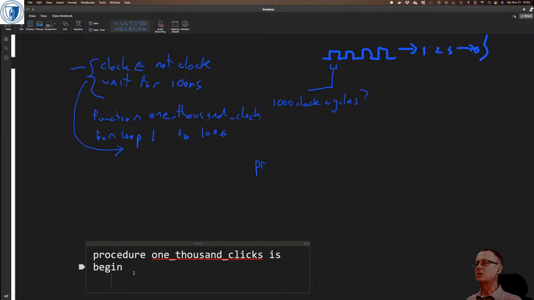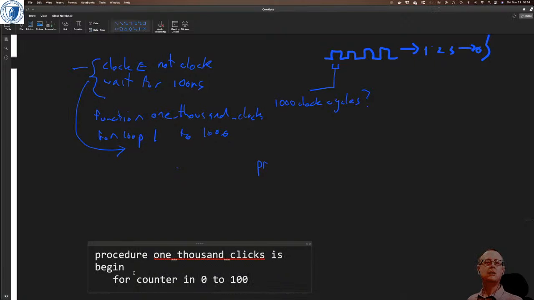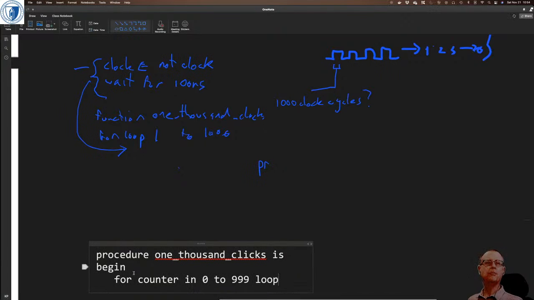So I'm just going to go for counter in 0 to, let's go 999 loop,